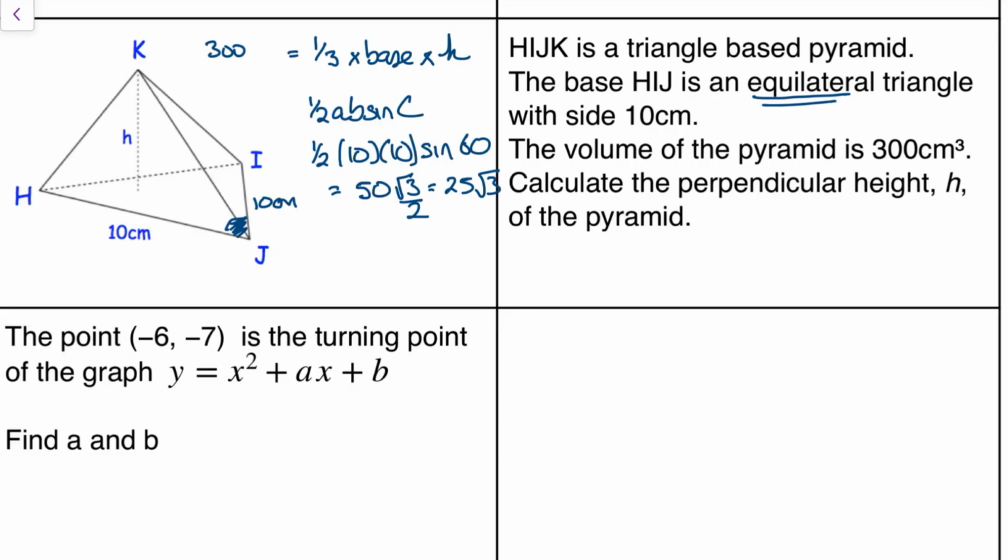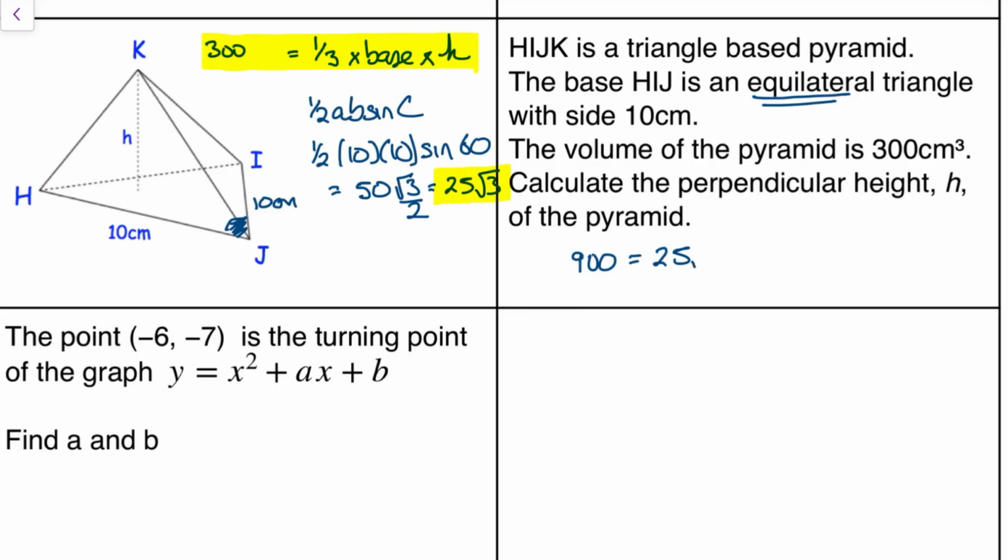So let's be clear what I've got. I've got my equation I'm trying to solve here. I know my area, or volume, that doesn't make sense, I know my area is 25 root 3. Well, first of all, let's deal with the third. So multiply both sides by 3, and that's going to tell me that 900 is equal to the area at